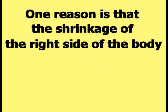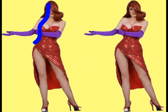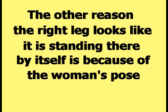One reason is that the shrinkage of the right side of the body has shrunk the parts of the body that connect the right leg to the right side of the body. The line in this picture highlights the shrunken part of the right side of the body that should be connected to the right leg. The other reason the right leg looks like it is standing there by itself is